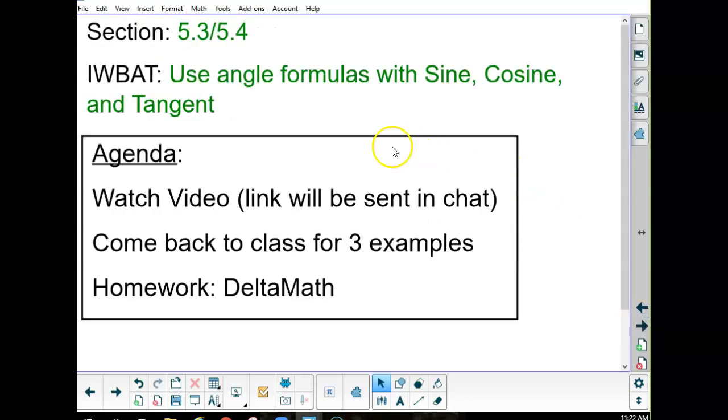Okay, so what do we got today? We are going to start 5.3 and 5.4, and to be honest, this is just kind of a way to use angle formulas with sine, cosine, and tangent. And I'm going to send you a link in a video, and we're actually going to do something a little different today. We're going to watch a video that's about 25 minutes long,